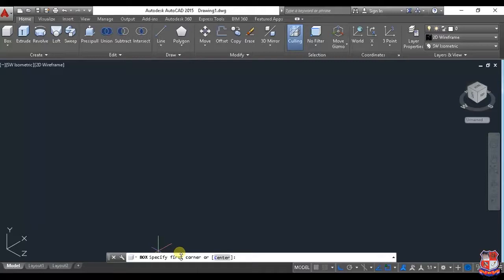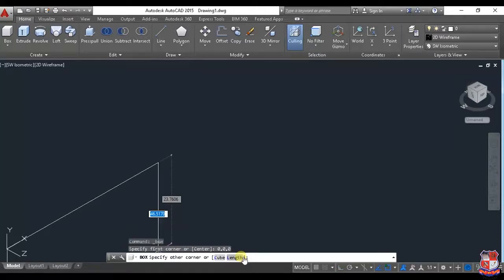First I am using the coordinate system. Instead of selecting a point by mouse, I am specifying a coordinate point. I am giving coordinates as 0, 0, 0 as my first corner point,